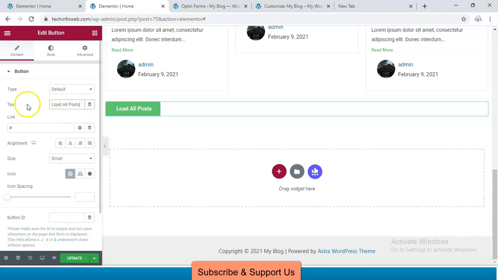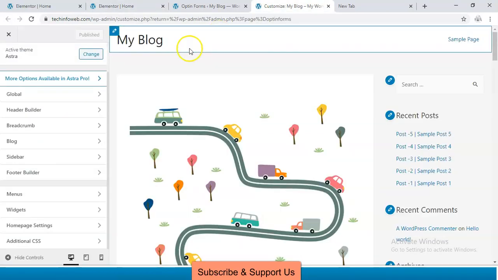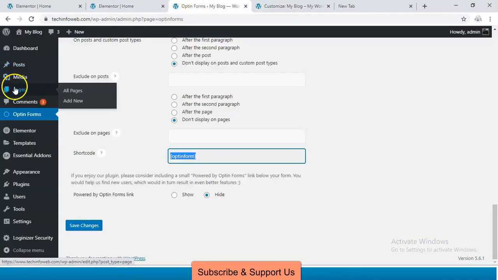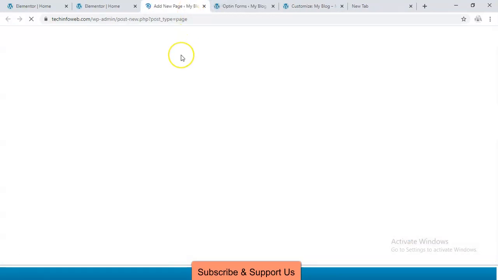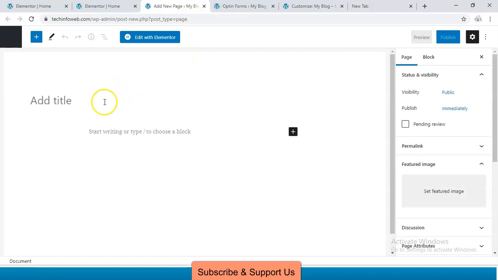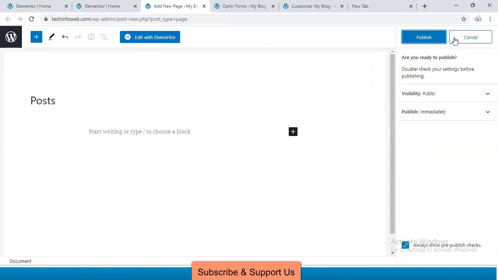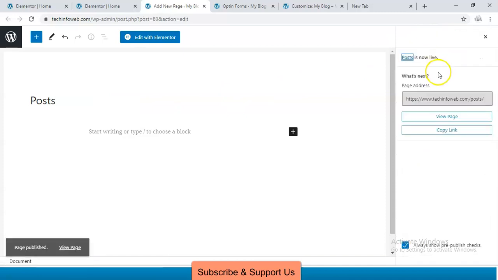For this we have to create a page. So go to pages. I am going to name it post. We are not going to do anything here.